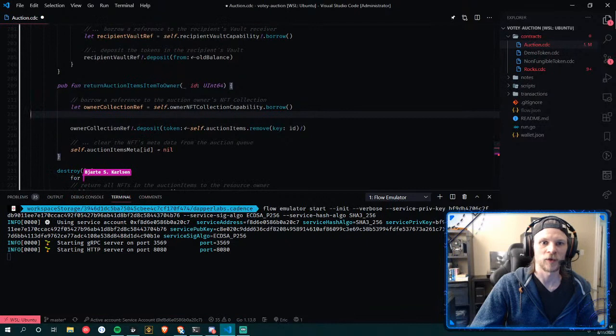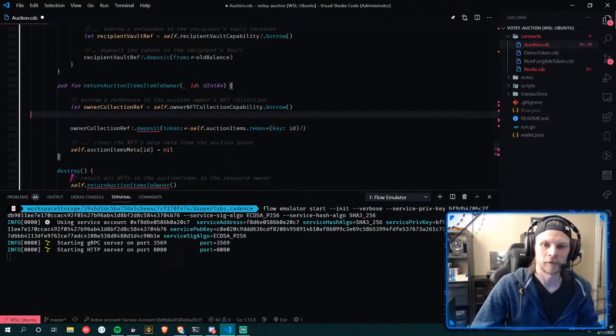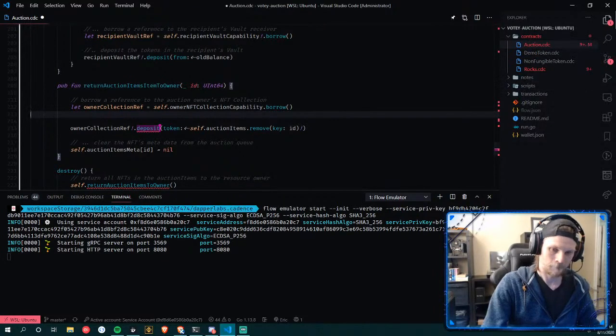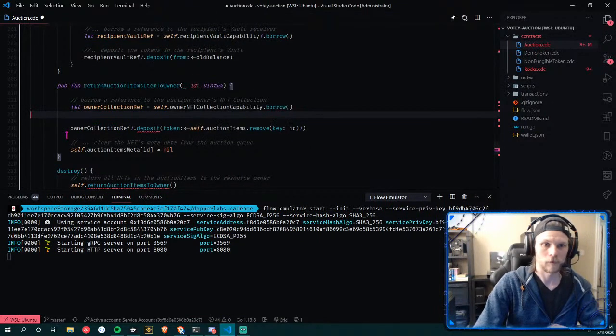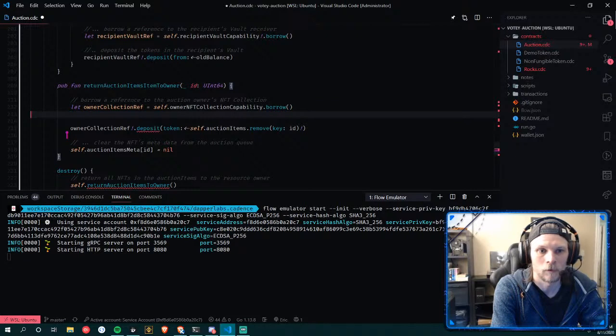Or we can still do just a method to do all of them, right? I can still do a loop in a method and call that return items to owner. Yeah, but our NFT doesn't have deposit all, right? Some NFT definitions have deposit all and withdraw all, which is kind of cool. I saw some NFT implementations that have not only deposit and withdraw, but deposit all and withdraw all, with the looping internalized into them.